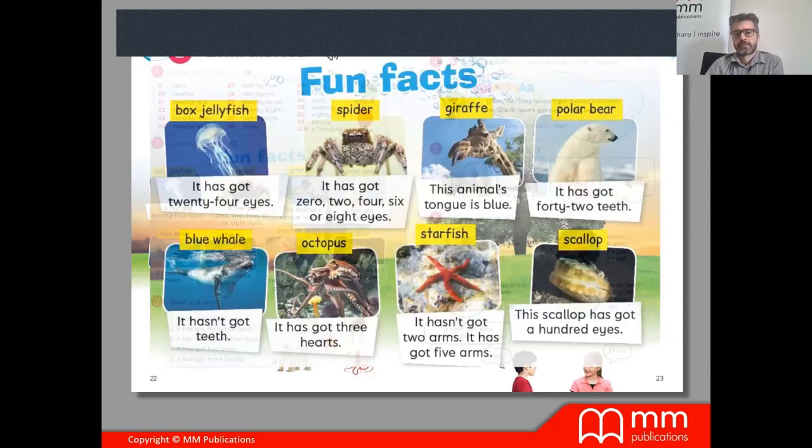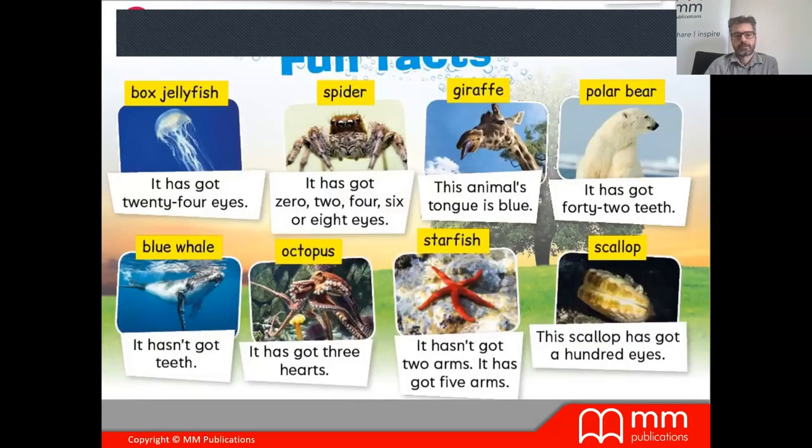I have included these fun facts, I'm zooming in, about different animals. For example, the box jellyfish has got 24 eyes. Wow. Or the polar bear has 42 teeth. Or the blue whale hasn't got any teeth.